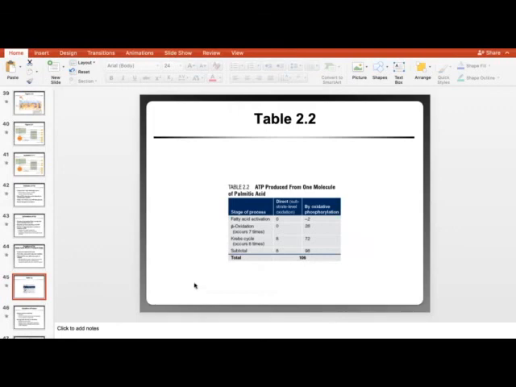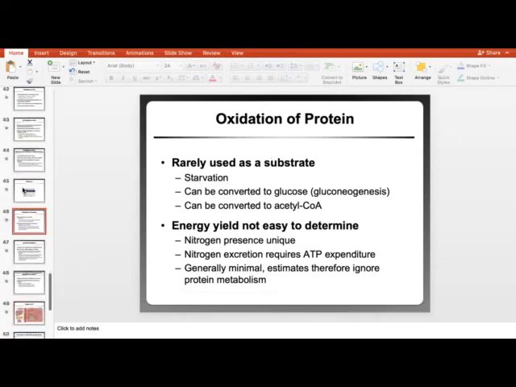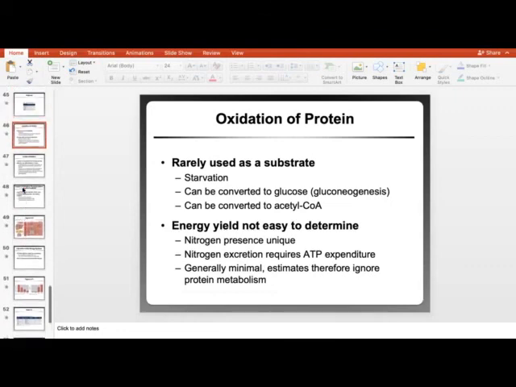All right, so let's see where we're at. Oxidation of protein. Does anybody have any questions right now? We're literally almost done with this lecture, and I don't necessarily want to be all done with it. Does anybody have any questions? All right, maybe I can stop here for today. I think that was about 2 hours and 25 minutes of straight talking. If we don't have any questions, at least I can start here at a good beginning point